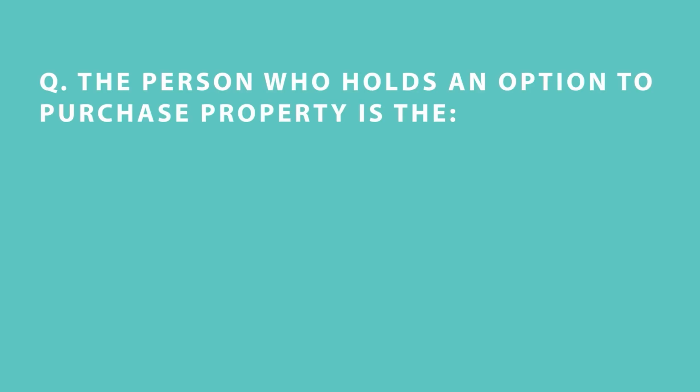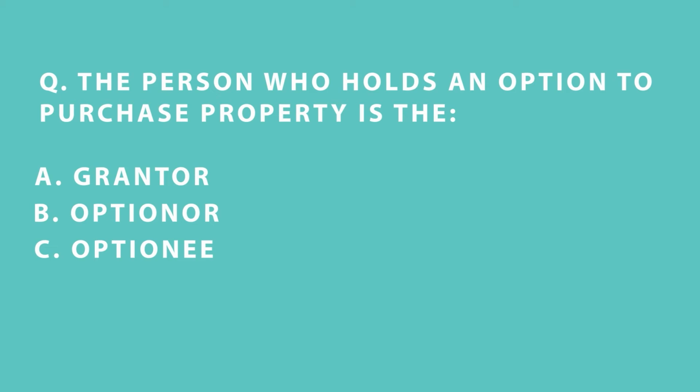Here is the exam practice question. Are you ready? You have 3 seconds to answer. Pause the video if necessary. The person who holds an option to purchase a property is the A, grantor, B, optionor, C, optionee, or D, the grantee. The answer is